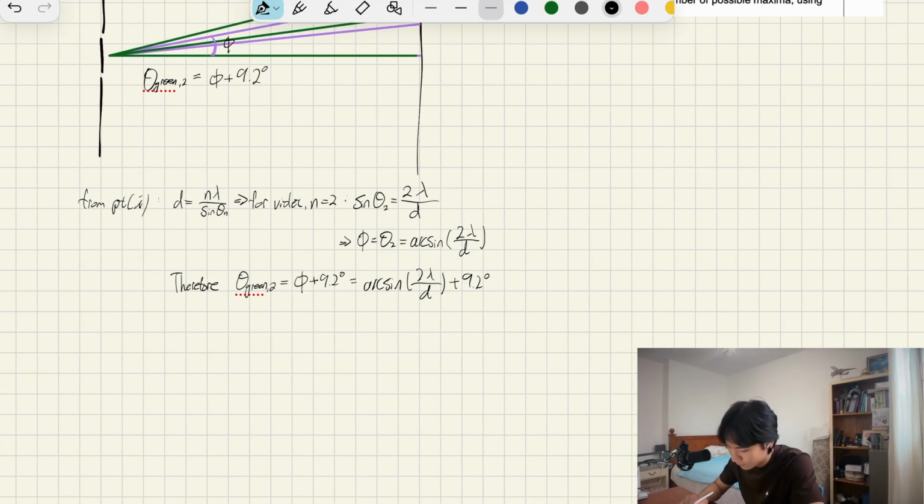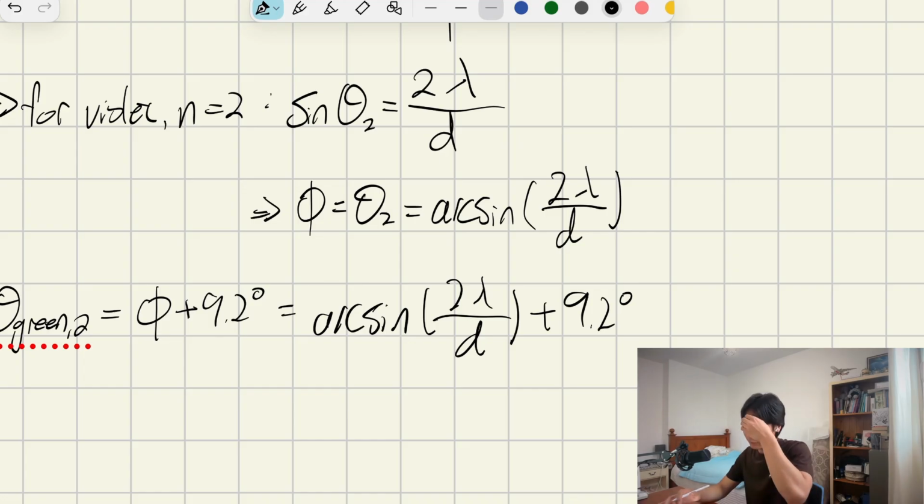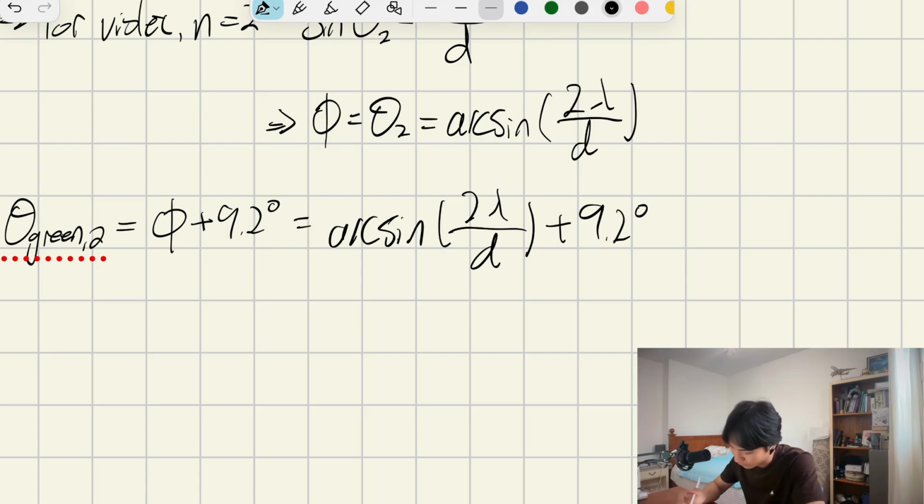And then for most cases, I recommend solving for the answer later. But since this value is already in degrees, in this case I would actually calculate the angle itself. So let's just say arc sine of 2 times,